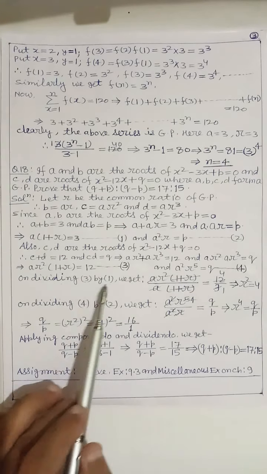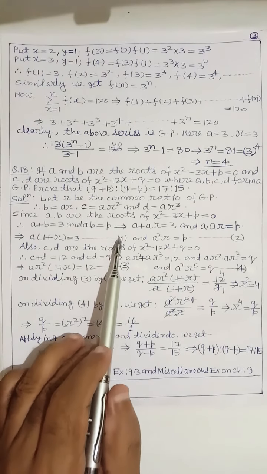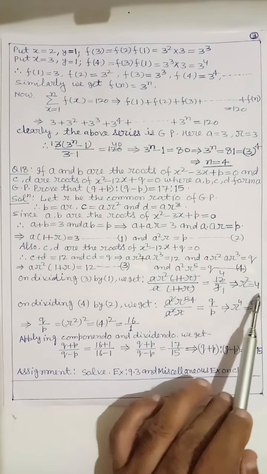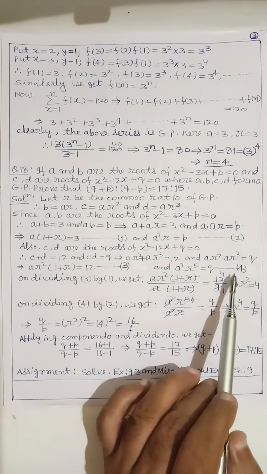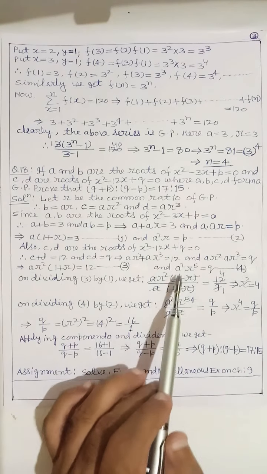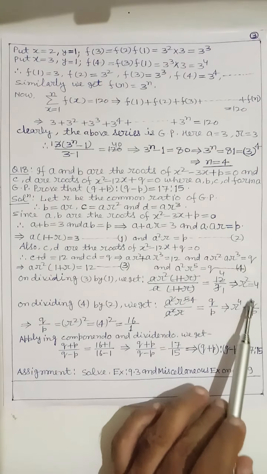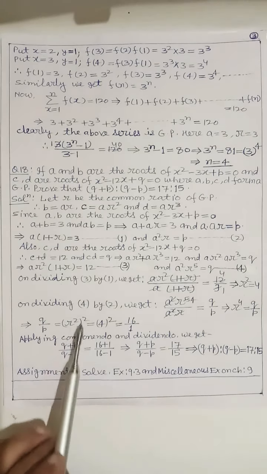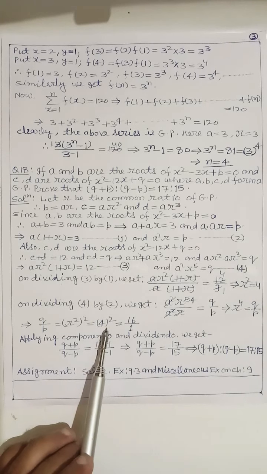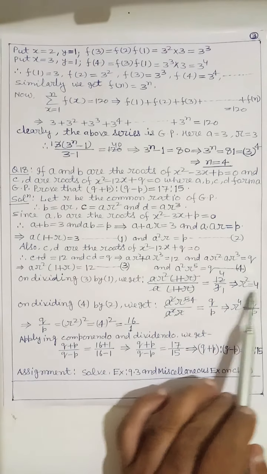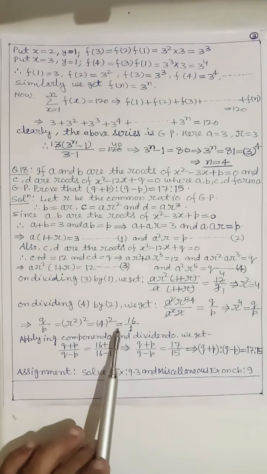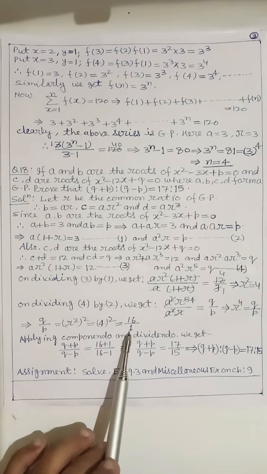Here I am dividing 4 by 2, here 4 by 2. So you will simplify, you will get r square is equal to 4. Again I am dividing 3 by 1, here we get r to the power 4 is equal to q by p, and this implies that q by p, r to the power 4 can be written as r square whole square, and this is equal to r square already given equal to 4. So we write here 4 square, and this can be written as 16 by 1.